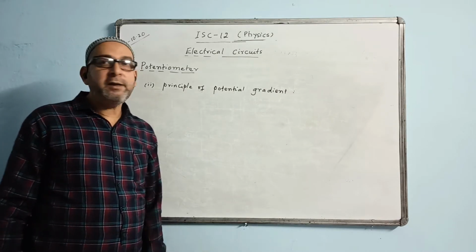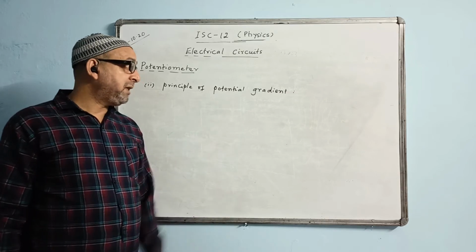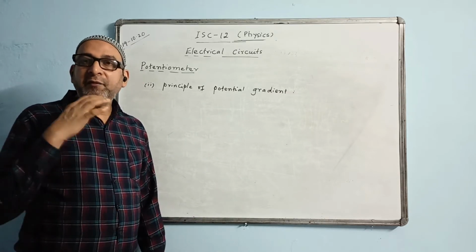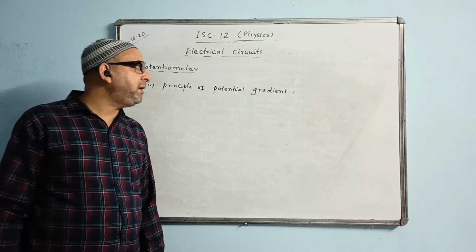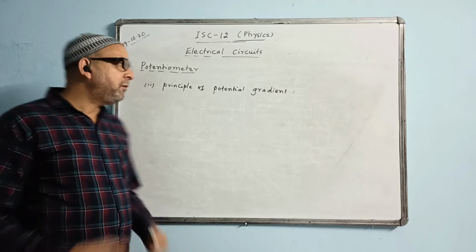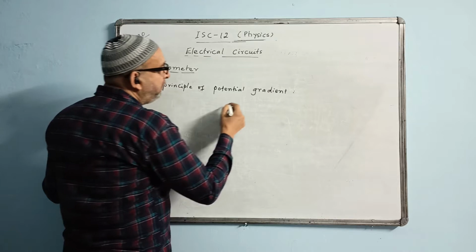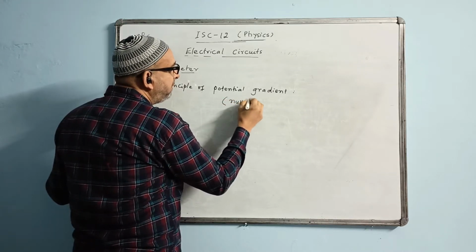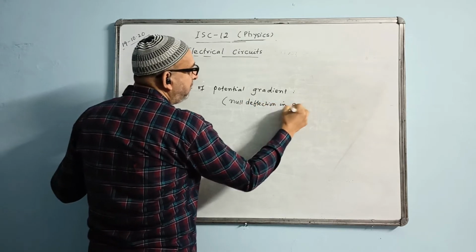The principle of potential gradient states, you can write it down, that for the steady flow of current in a circuit, under bracket you can write null deflection in galvanometer,